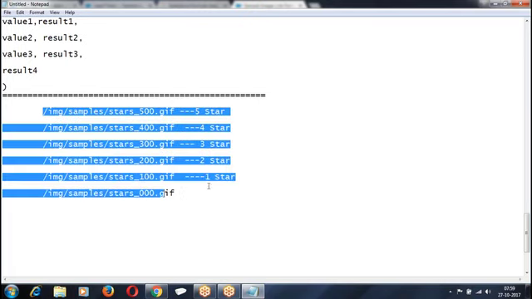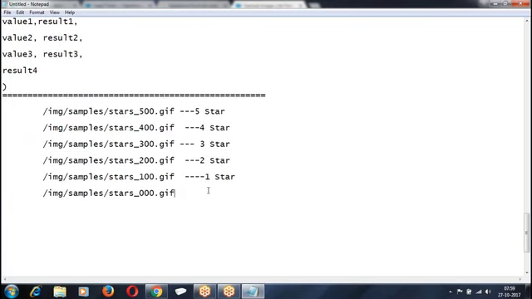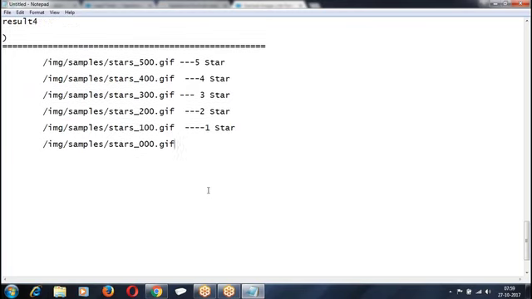Now, we are not getting a single URL. The URL will come based on the score.